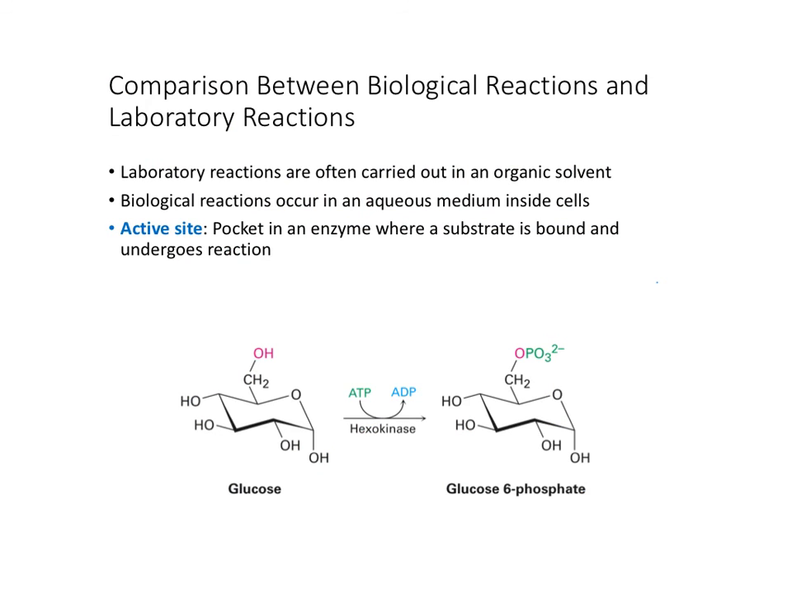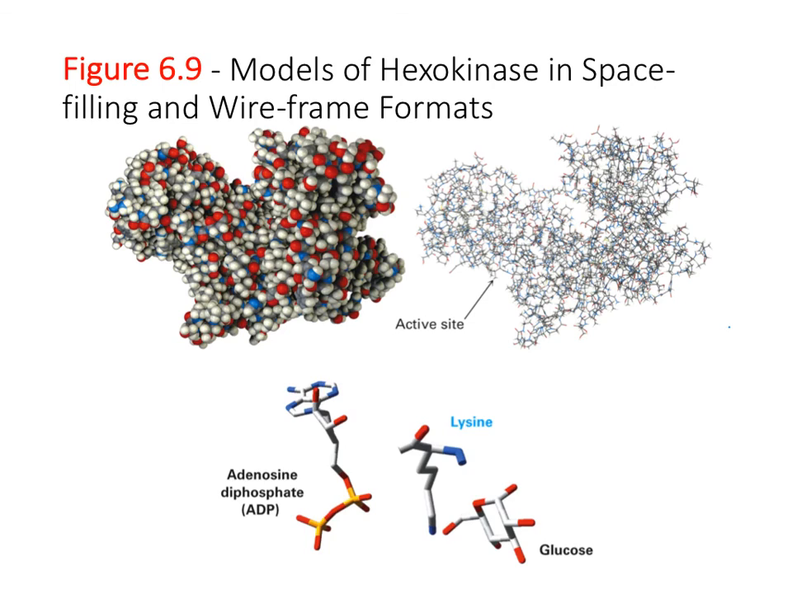Finally, I want to mention a comparison between biological reactions and lab reactions. Laboratory reactions are often carried out in an organic solvent, like dichloromethane or acetone. Biological reactions occur in the aqueous medium inside of your cells, and they typically involve an active site, for example, a pocket in an enzyme where a substrate is bound and undergoes a reaction. This is an example of a biological reaction, the conversion of glucose to glucose 6-phosphate in the presence of hexokinase. This is a picture of hexokinase, and this is the active site where the glucose is